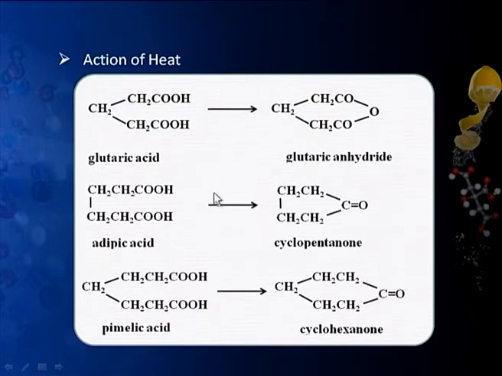Now, what was done further? They were strongly heated, and if it was a 5-membered ring, we would get an anhydride. If it was a 6-membered ring, we would get a cyclic ketone. So, without isolating the intermediate products, this method was used for determining the ring size: the cyclic compound obtained from some natural source was oxidized into a dicarboxylic acid and heated strongly. If the end product is an anhydride, we say the original compound contained a 5-membered ring structure. If the final product was a ketone, it means the original compound contained a 6-membered ring structure.